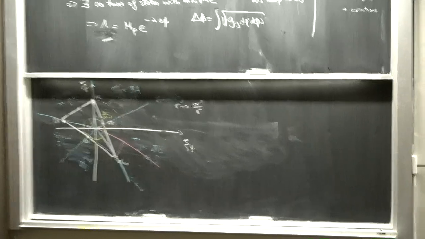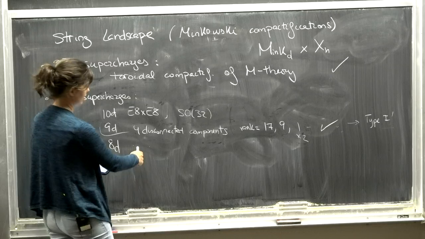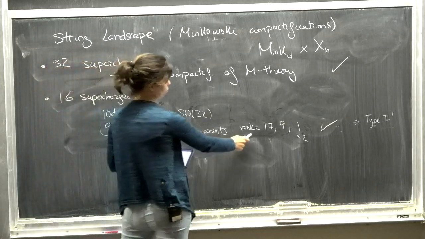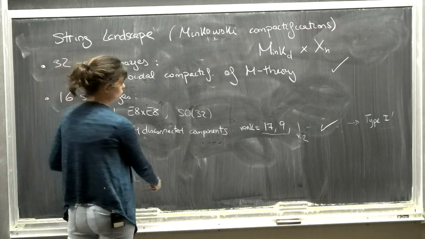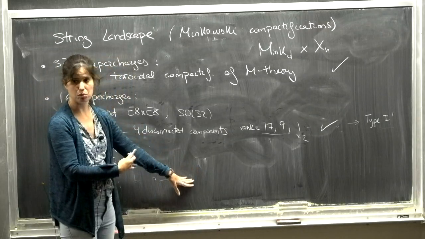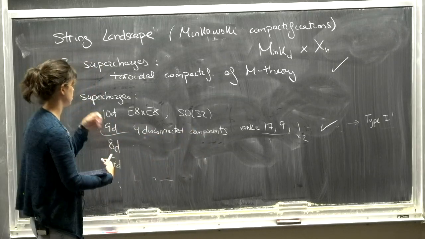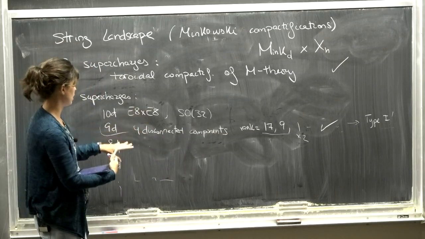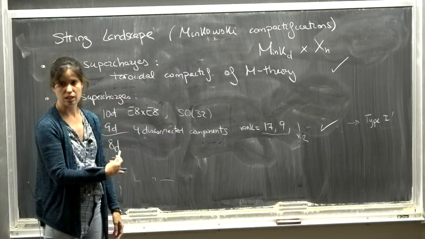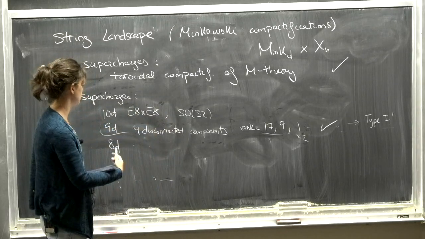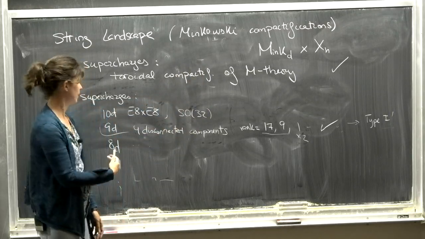Well, I don't have much time, so here the story gets more complicated already. Well, in 8 dimensions they are still toroidal compactifications of this, but if we go to 7 or so on, there are more components that appear, more ranks that come from asymmetric orbifolds and so on. But still here, people are working on having full classifications because this you can study from the worldsheet perspective. And you can try to complete that. And so far there are no surprises with respect to the distance conjecture. Okay?